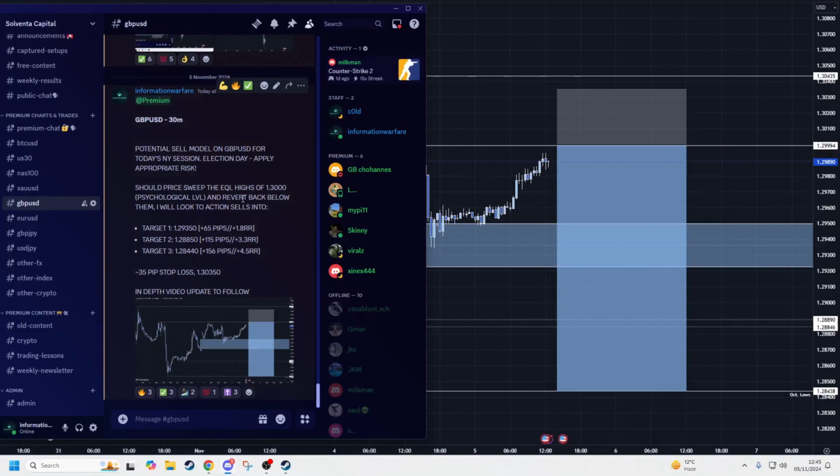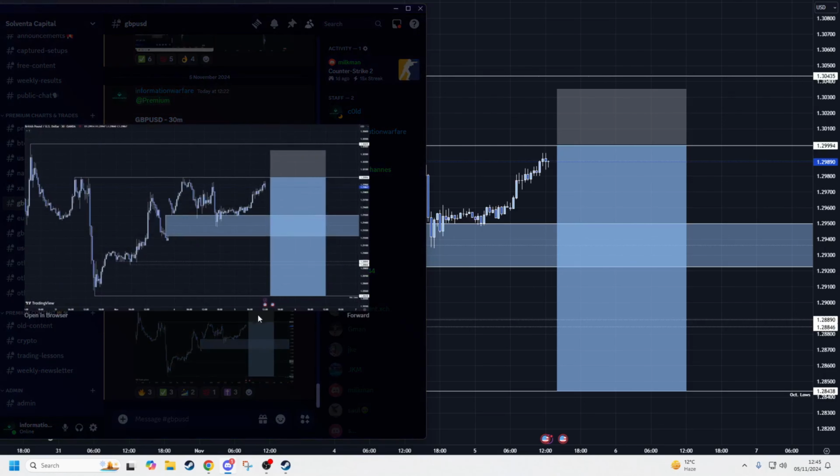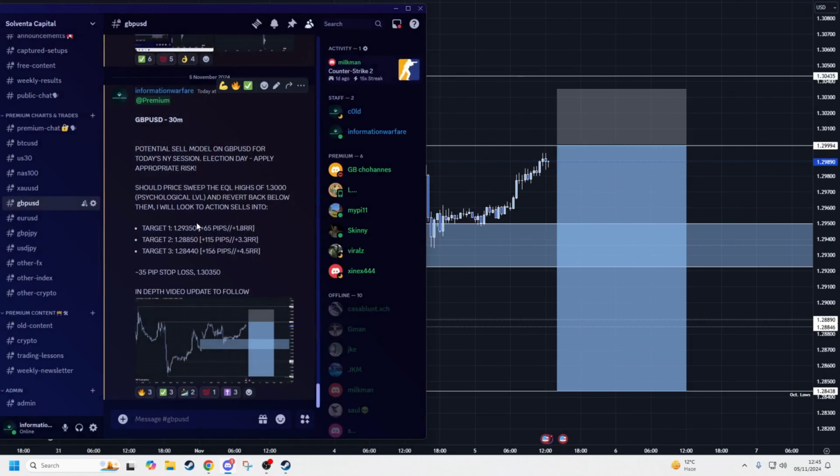Hello. GBPUSD pound dollar 30-minute. I provided this sell model here. I'm going to go through that sell model, but I think there's a lot more to it than just the sell model. I would like to go through this chart in real, thorough detail,